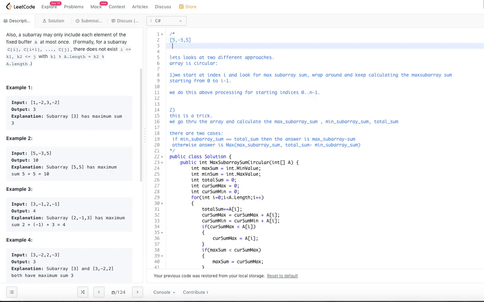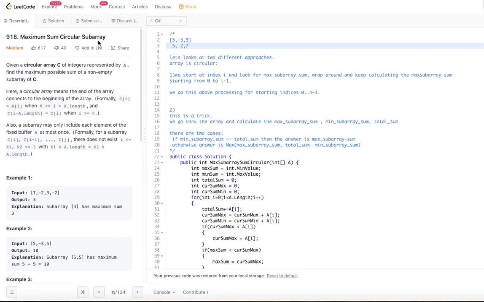The array is 5, -3, 5. I'm just writing the cumulative sums: 5, 2, and 7. If we were asked what the maximum sum subarray is without circular, what would it be?